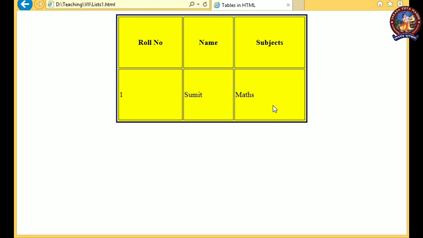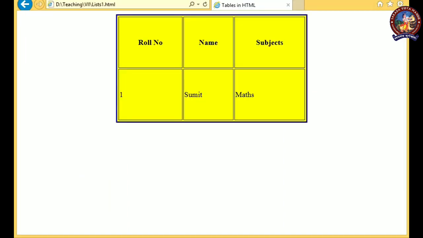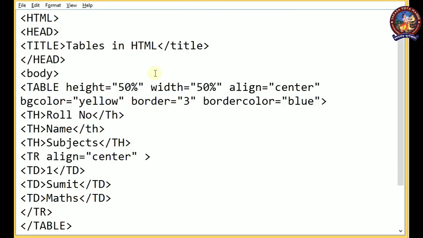Now let's align this data. For that we have to use the attributes of the tr tag because it is in the row. In the row we can use the align attribute like center. Okay, v align, that is vertical align, automatically you can see the vertical alignment is at center. If I want it at the top, then v align equals to top, and bg color, the background color of the particular cell, we can give also.